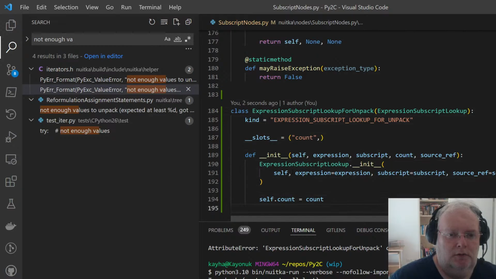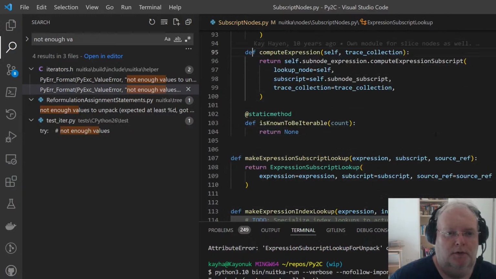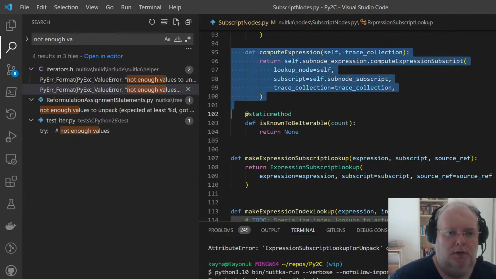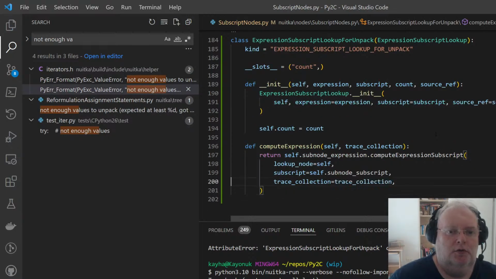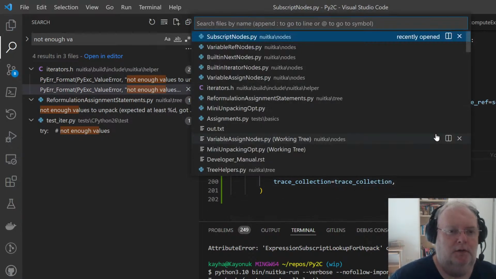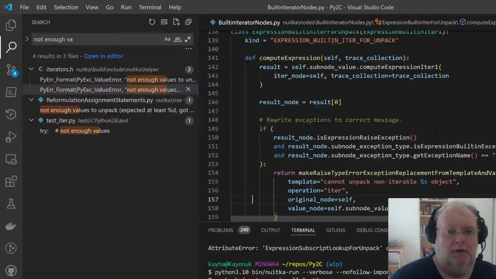And now expression subscript lookup, compute expression subscript, much like we do with the other guy. I'm not sure it makes sense how I've done this with the iterator node.